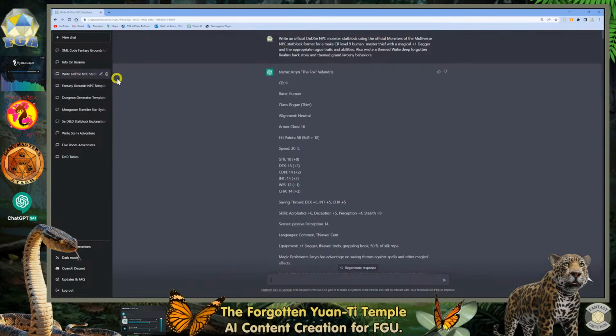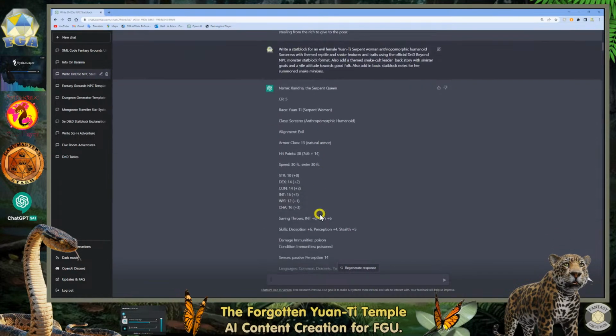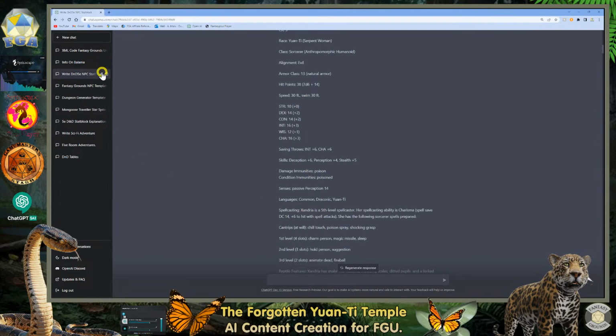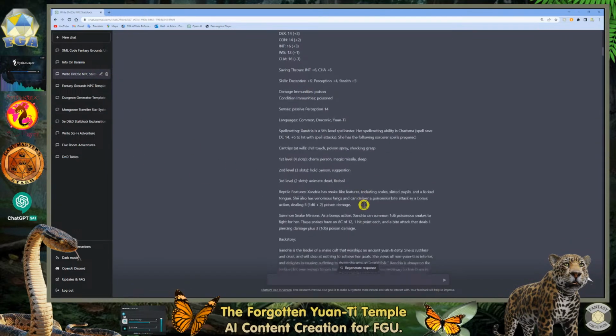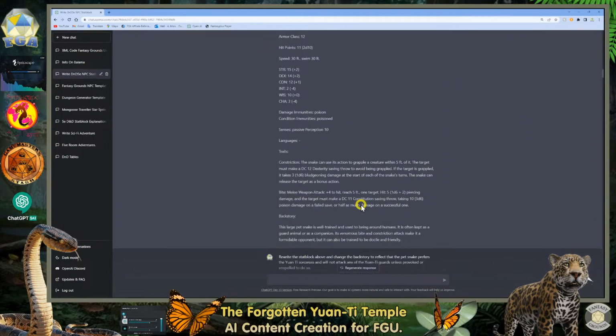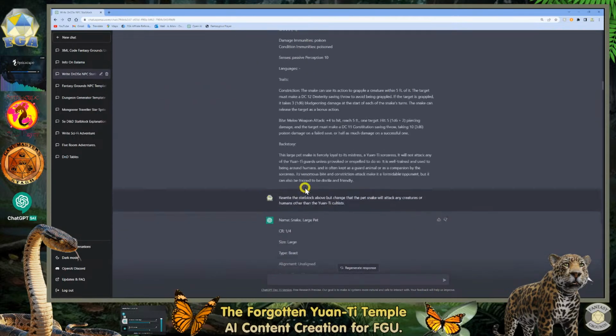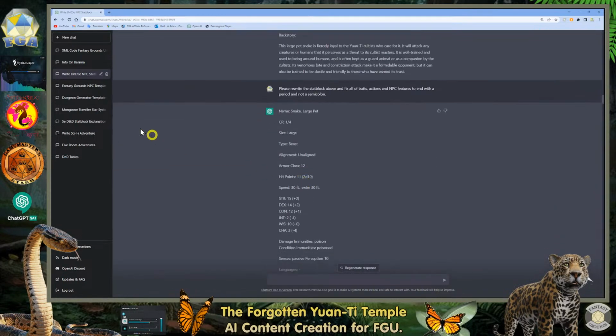And if, for instance, I'm on this D&D 5e stat block kick here, if I wanted to, I could take this and delete this, or edit the title. So there's all kinds of things you can do here. But I noticed that it wants to constantly give these traits, these colons, so you have to train it not to do that. And then you want to give it the Fantasy Grounds